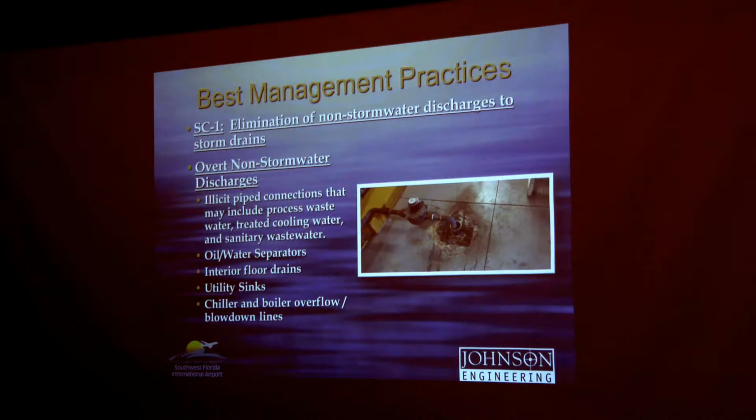An overt non-stormwater discharge is typically an illicit pipe connection that may include processed wastewater, treated cooling water, or sanitary wastewater. Structures that can be piped illicitly include oil water separators, interior floor drains, utility sinks, and chiller and boiler